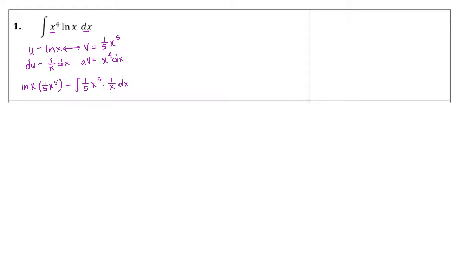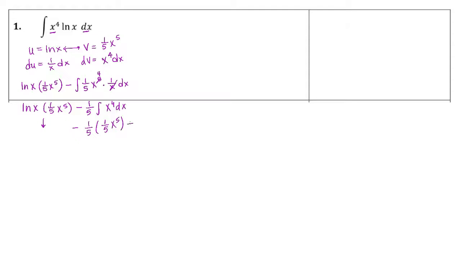And we definitely need to simplify some of this. So I'm just going to bring down the natural log of x, 1/5 x to the 5th, minus, and 1 over x is going to cancel here, and we're going to have a 4 left. And then we'll be moving out this 1/5. So we're just integrating x to the 4th dx. And then from that portion, when we integrate there, again, all of this comes down. We have minus 1/5 times, and if we add 1 to 4, we're going to get 1/5 x to the